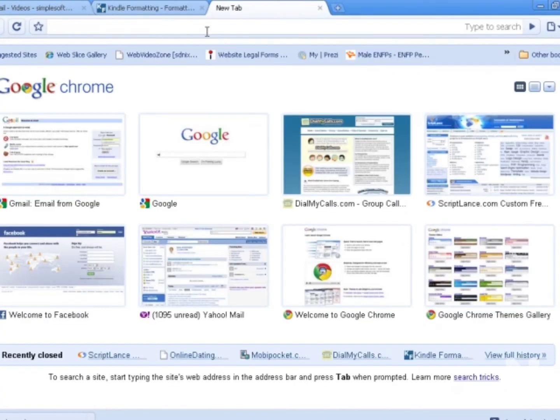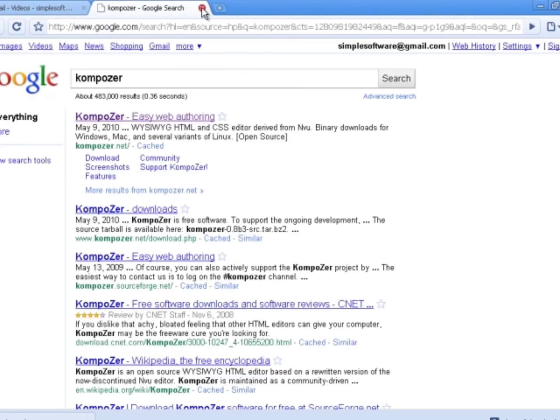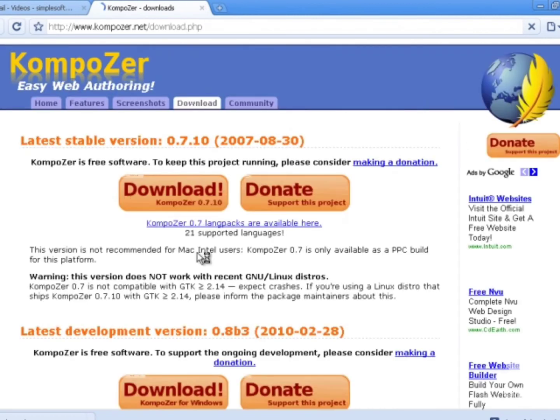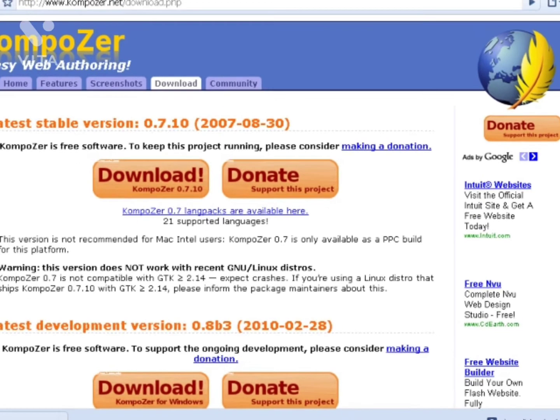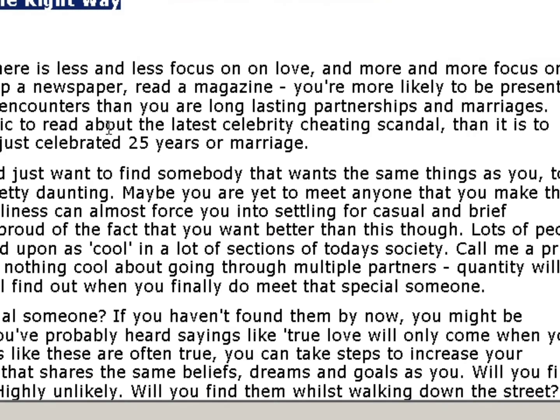So the next step in this process is to go to Google and download a program called Composer. Just as you can see here, and we'll click on download. So I want you to download this here, install it, and then open up Composer, which is going to look like this. So you can open this program up, and then click on open, find the HTML file that was generated by the Mobi Creator. Once that's done, then what we can do is start formatting the document.